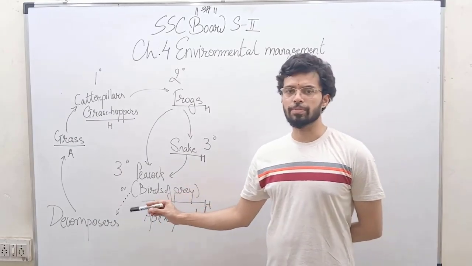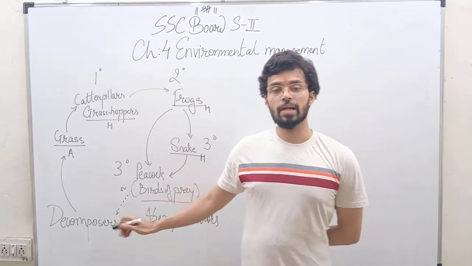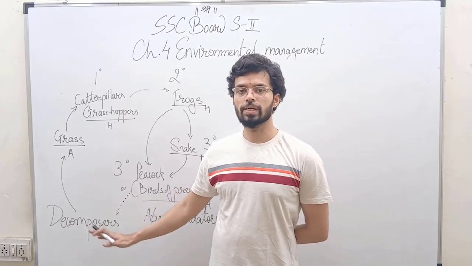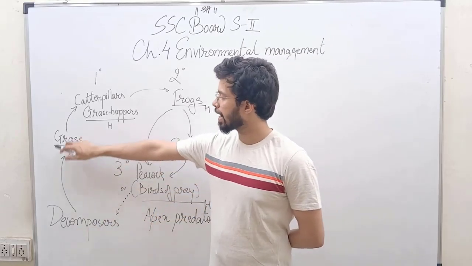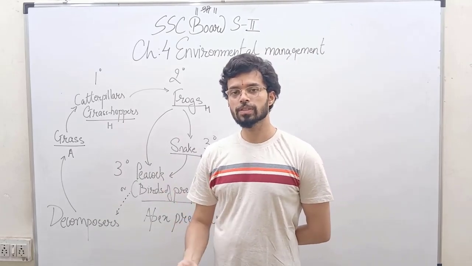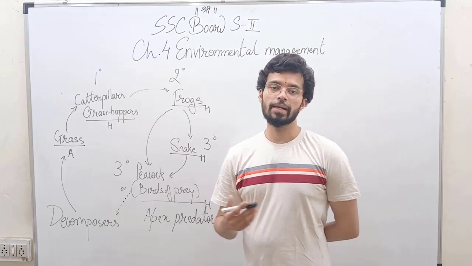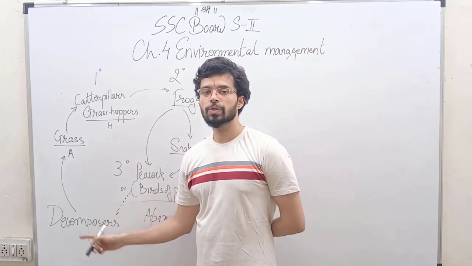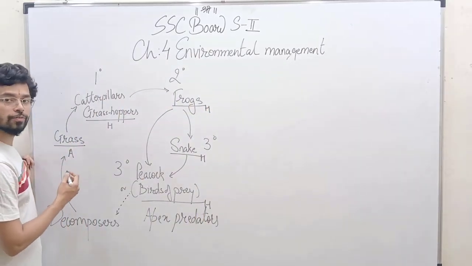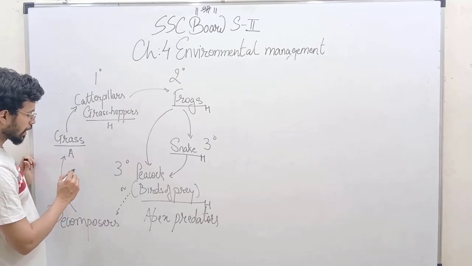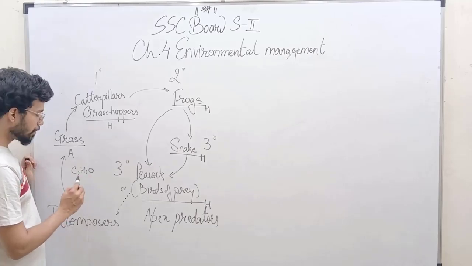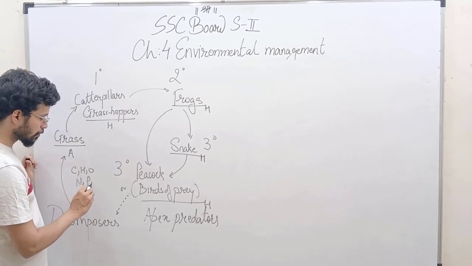So after they die, what happens? Their bodies and remains are decomposed. They are what? Saprophytic organisms like fungi and bacteria will decompose them and recycle back the nutrients into the environment, which will be utilized by autotrophs for their survival and growth. So what do the decomposers do? They give back to the soil the rich humus, or the fertile soil, as we call it. So it contains all of these entities, the obvious ones, and also the life limiting entities like nitrogen, phosphorus, sulfur.